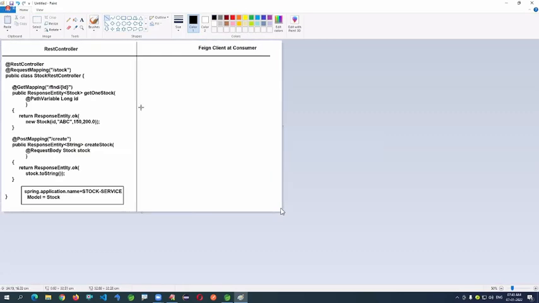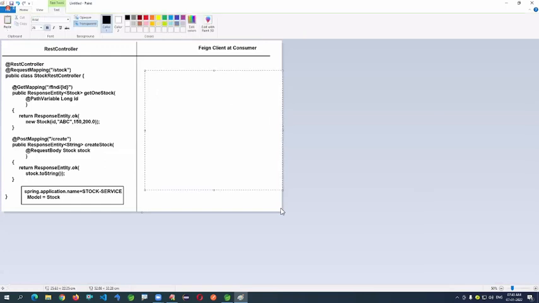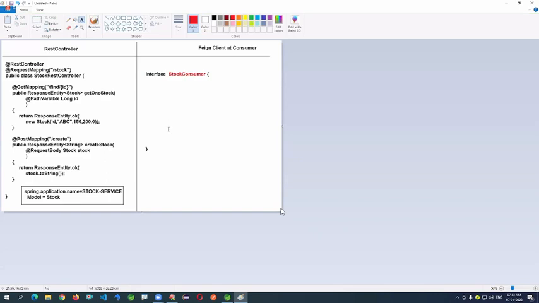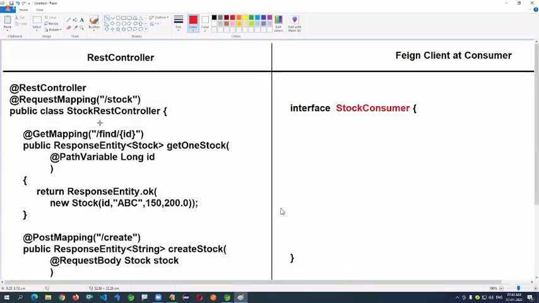Now I'm writing the consumer. First, write one interface with any name; the interface name need not match. Step number one: here we have a class on the producer side, and there you define the interface at the consumer side.